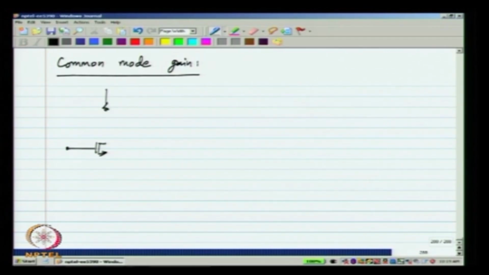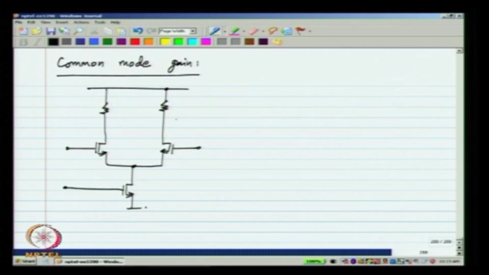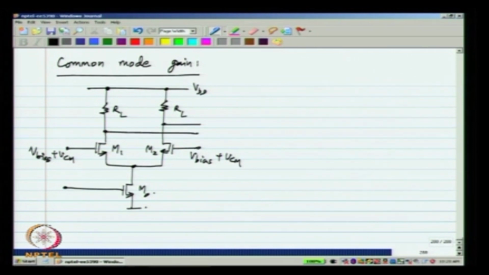We have already looked at the common mode gain of a stage like this, loaded by RL, and we know that if we apply small signal common mode voltages to the two sides, the outputs will rise up together